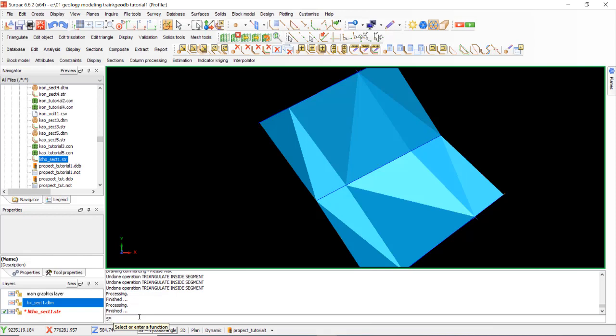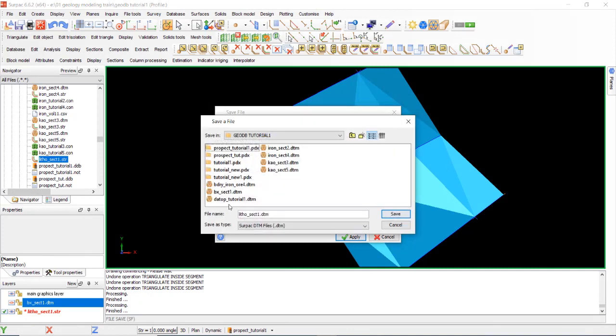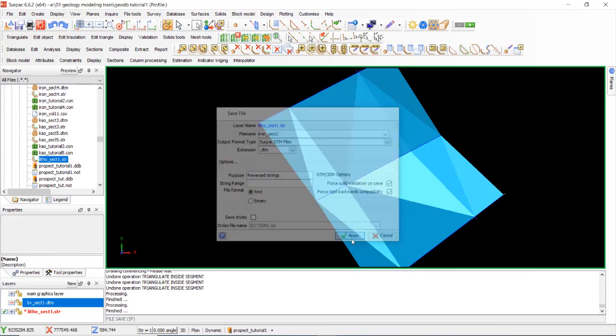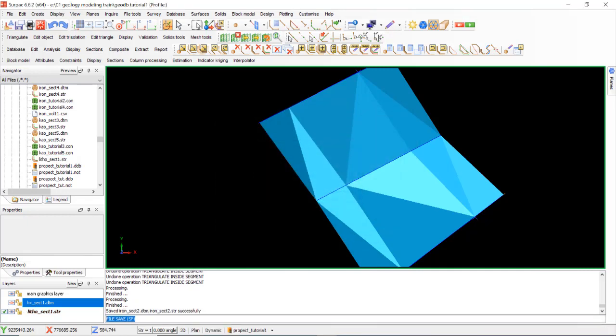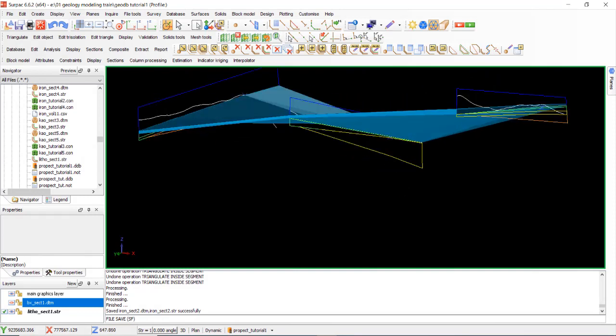This is the layer after breccia, it is iron ore, okay. Iron ore section layer 2, okay, apply, and you finish this section for all, okay.